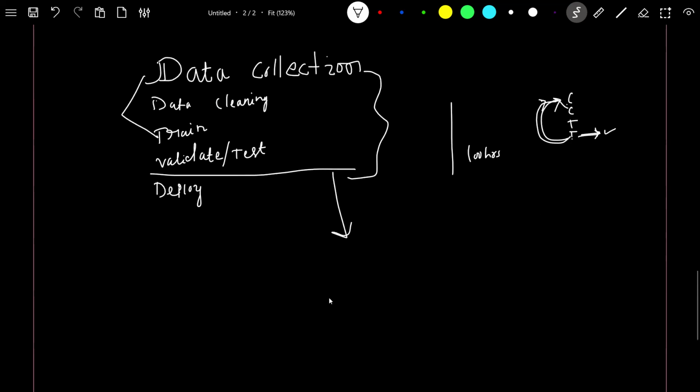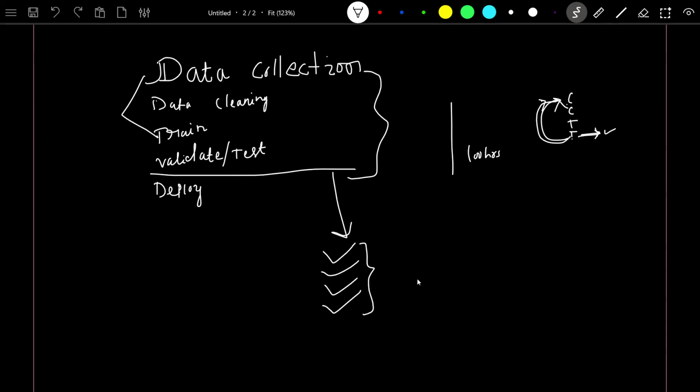Now you can ask me from where they collected data. What if I tell you every data present on the internet, whatever is publicly available, not confidential, using huge GPUs and very high-end machines, they have collected all the data present on the internet, cleaned the data, trained the model and validated the model. And this is called a pre-trained model. Instead of you cooking the biryani from scratch, like collecting, cleaning, training, validating,